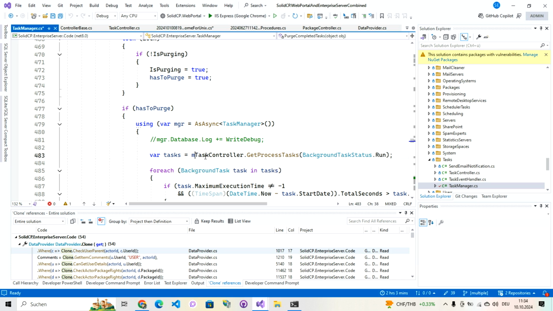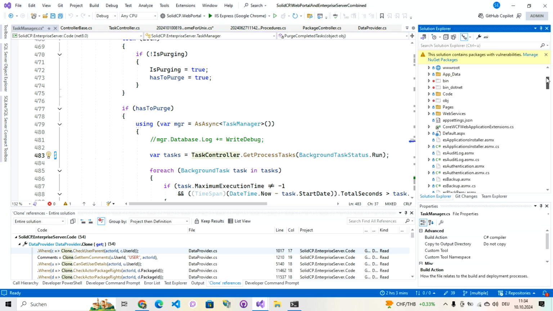We could also call it directly like this, because Task Manager has all the properties inherited from controller base, and controller base implements all those classes we had. So you can call them with